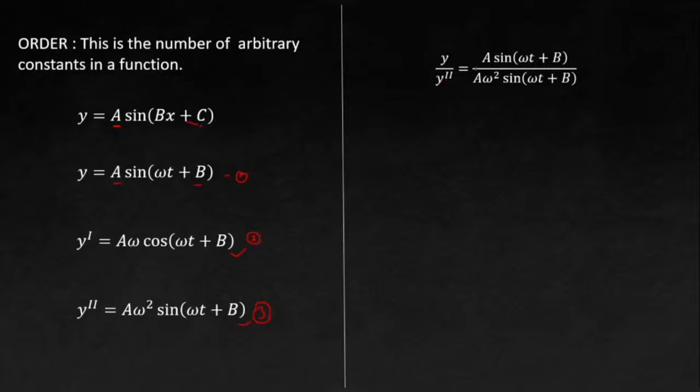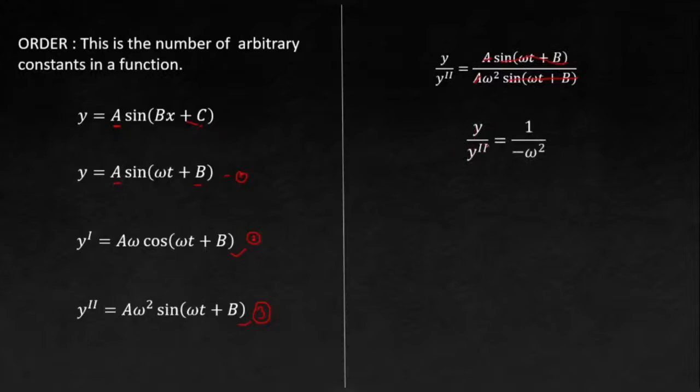When you do that very well, it depends on what you do. Some can use simultaneous equations, anyhow you wish to do it, but the main idea is to find the order. If you know the number of arbitrary constants, that will tell you how many times you would differentiate to eliminate them. So when you do this correctly, a will cancel a, and sine omega t plus b will cancel sine omega t. So at the end, you get the expression